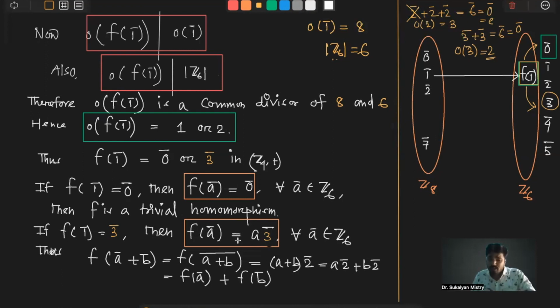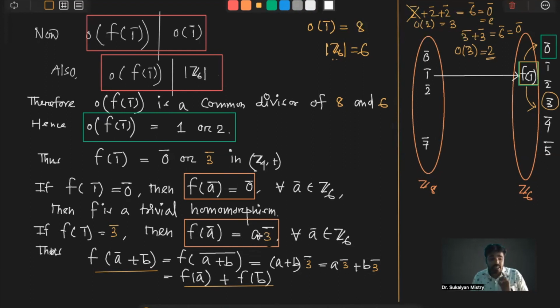সো আমরা এখন এই যে ফাংশনটা পেলাম, এটা জাস্ট দেখিয়ে দাও এটা হোমোমরফিজম কিনা। সো f of a bar plus b bar is equal to f of a plus b bar। সো f of জাস্ট a এর জায়গায় তুমি a plus b বসালে কি হবে? a plus b 3 বার হবে। সো a 3 বার plus b 3 bar। So a3 bar means f of a bar, b3 bar, that is f of b bar। তাহলে আমরা কি দেখালাম? f of a bar plus b bar is equal to f of a bar plus f of b bar। So this is a homomorphism।